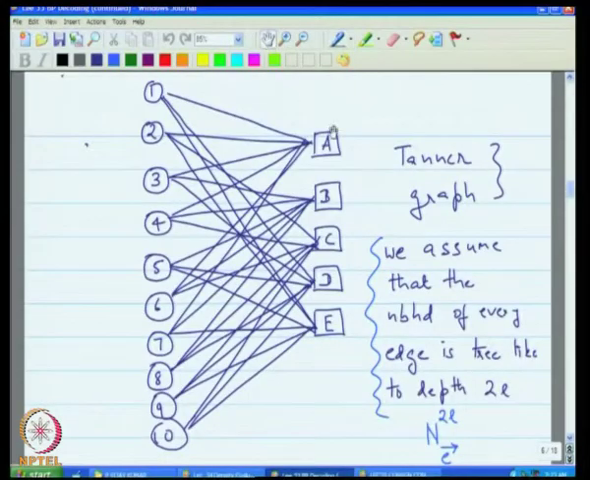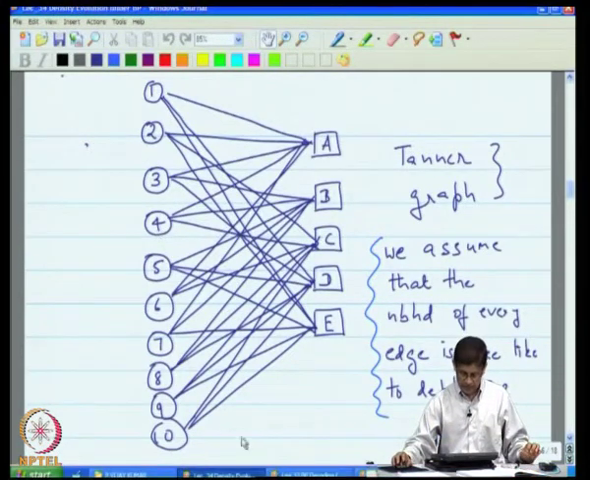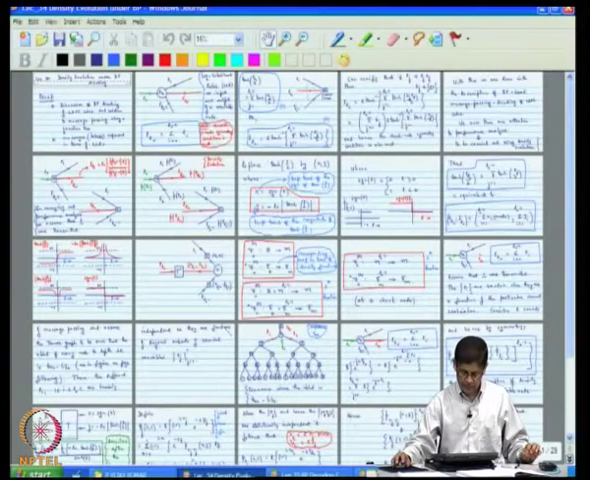When we were working with LDPC codes and belief propagation decoding, what we assumed, if this is the Tanner graph of an LDPC code, is that the Tanner graph is tree like to a depth such that every node has a tree like neighborhood to depth 2L. So, what do I mean by that? Well, if you actually come here,